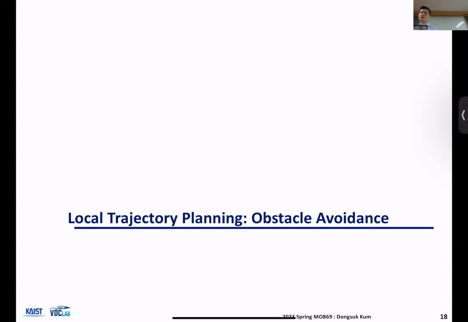So if you want to properly describe the path with position in time information included, then a better way to describe it would be trajectory. Okay, so when it comes to local trajectory planning, like I said, it's all about obstacle avoidance. Okay,